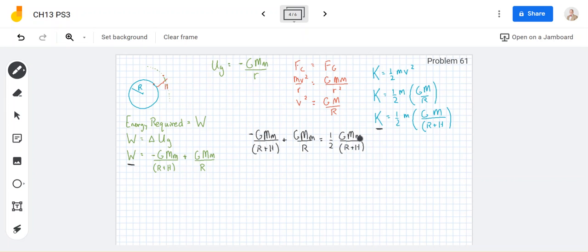And because they're like terms, I'm going to add this to both sides. So this is 1/2. This is 1. If I add this to both sides, I end up with G big M little m all over R is equal to, this is 1, so 2 over 2 plus 1 over 2, or 1 plus 1/2 is 3/2. Which I think is cool. I can see that the GMm, now that I only have 2 terms, those cancel. And so I'm left with 1 over R is equal to